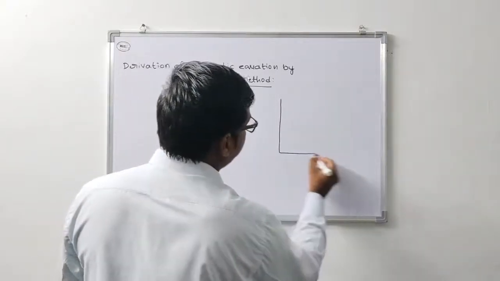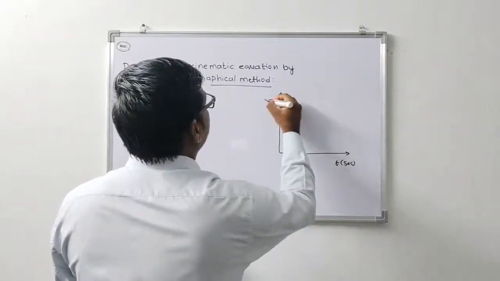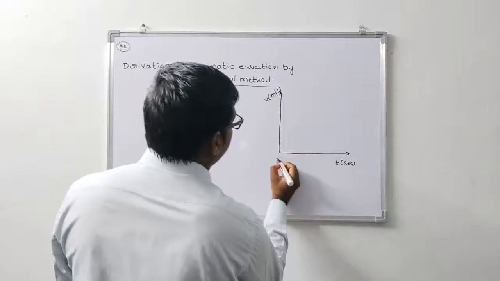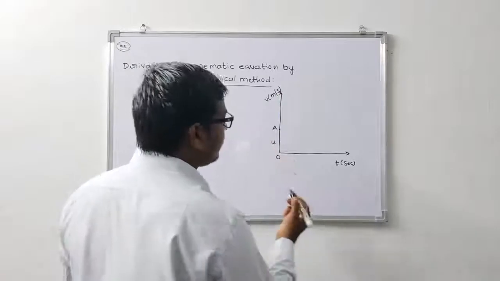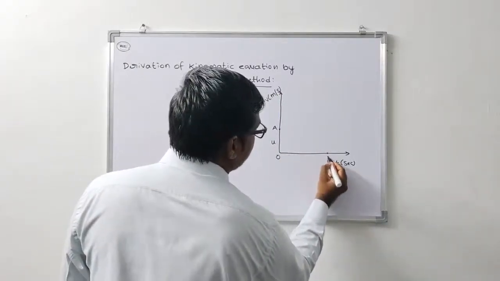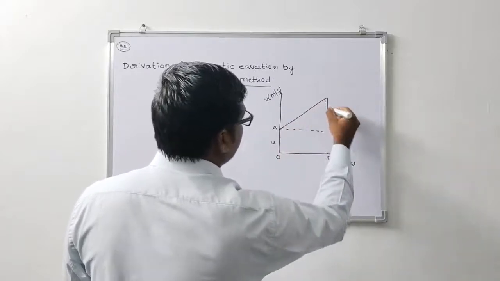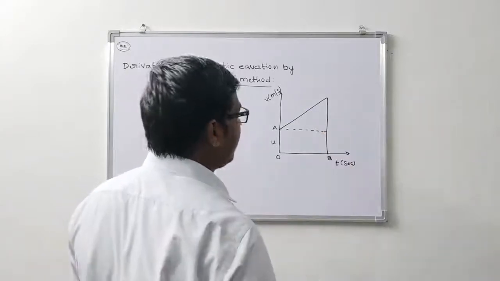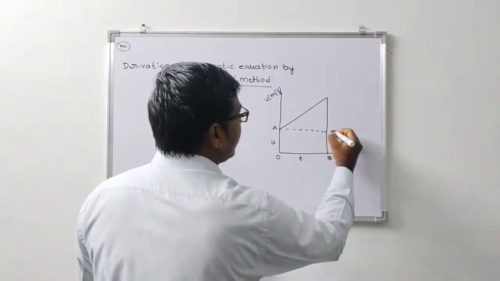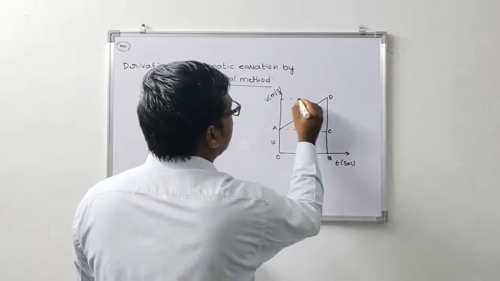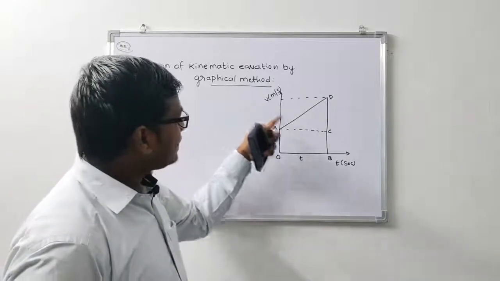The body moves with initial velocity u, after time t is equal to t seconds it becomes final velocity v, and in time t seconds it covers a distance s. Okay, according to the velocity-time graph,